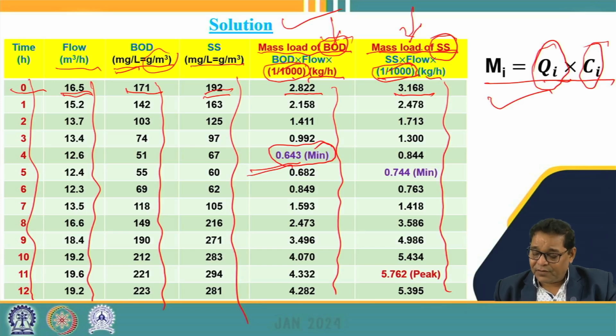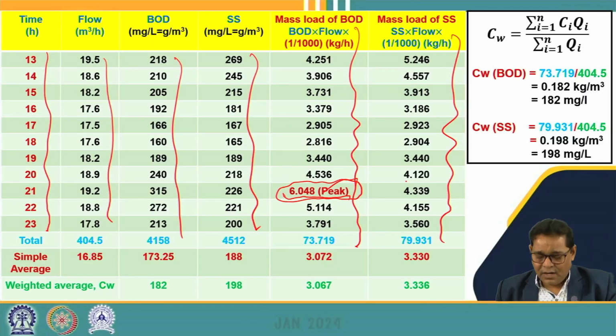Similarly, if we see the mass load of suspended solids, the peak value comes around 5.762, while the minimum value comes around 0.0744. So this value we denote here and then we find out the sum of all the flow, which is equal to 404 meter cube out of these 24 hours. So if we divide this total flow by 24, we get per hour flow, which is equal to